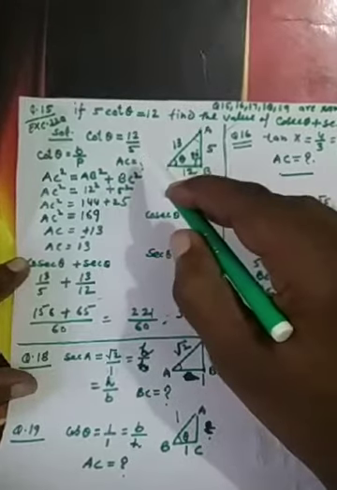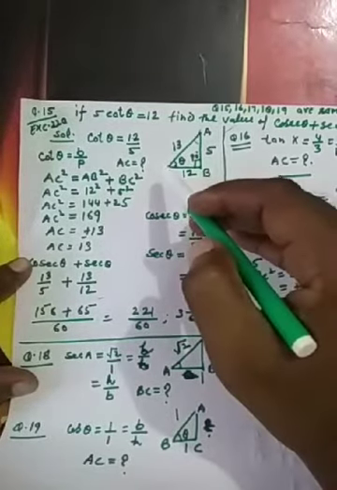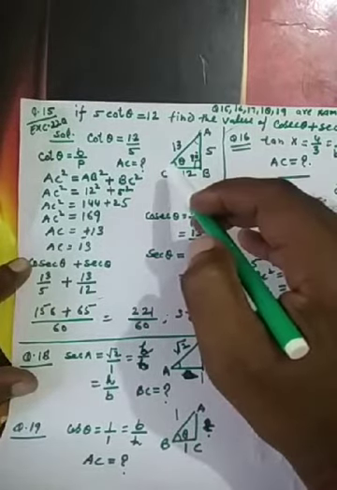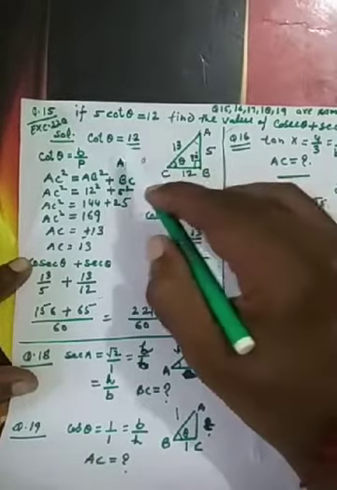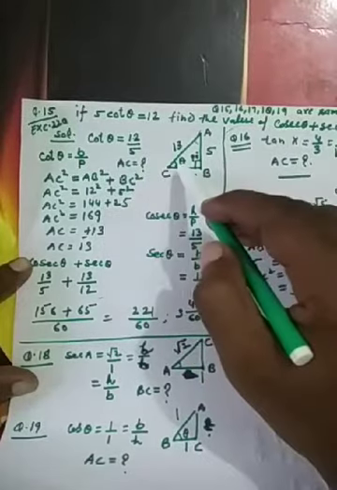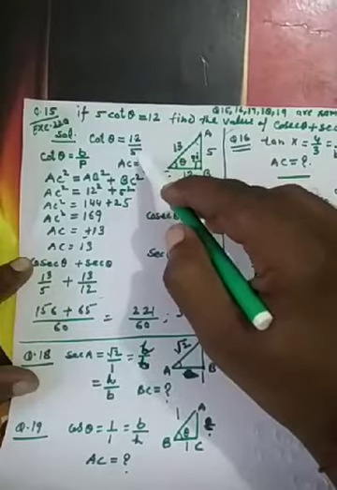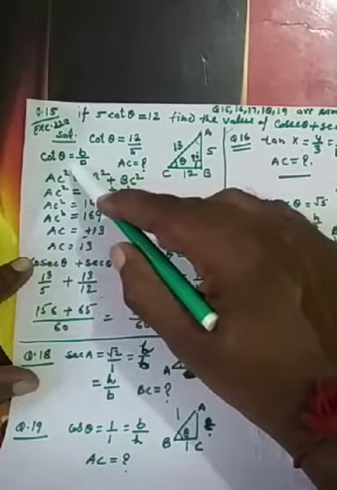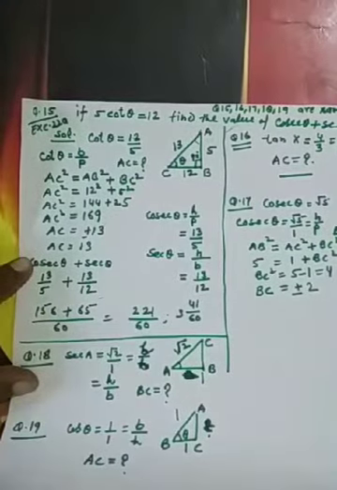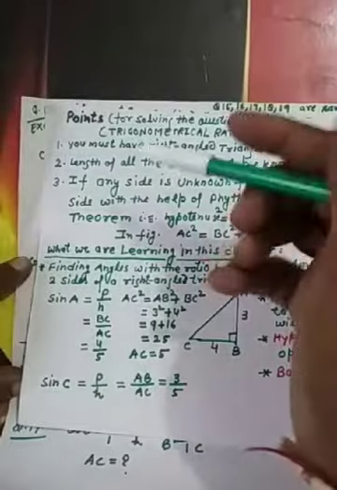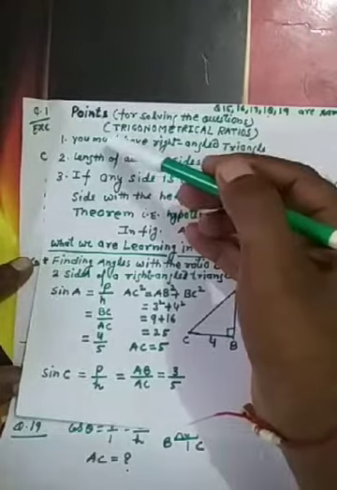Then what is the first point? If the ratio is given, first draw a right angle triangle. Mention the angle which is given here. Here the angle is theta. So suppose this is your theta in the right angle triangle. Cot theta is equal to 12 upon 5. What is the formula of cot theta? Cot theta is equal to base upon perpendicular. I taught you this in the previous lecture. If you keep these 3 points in your mind, the question will be easier to solve.